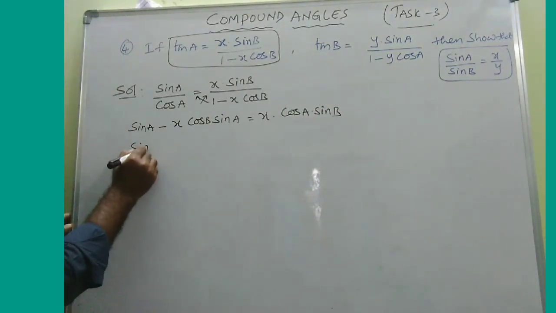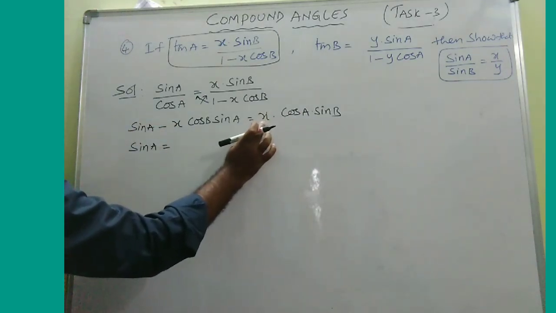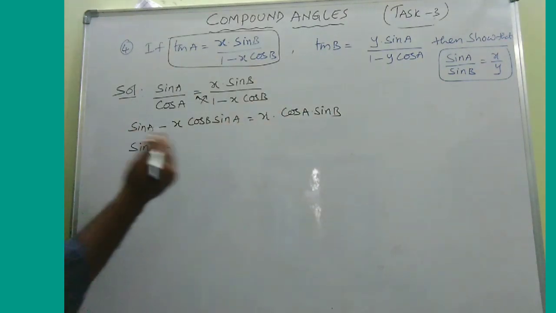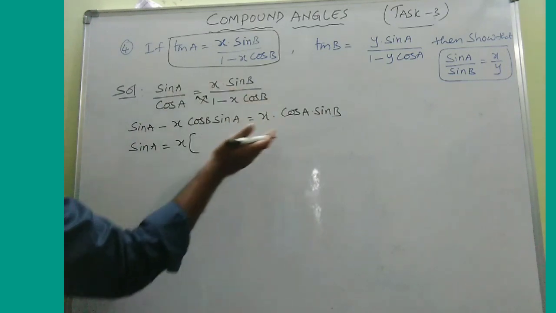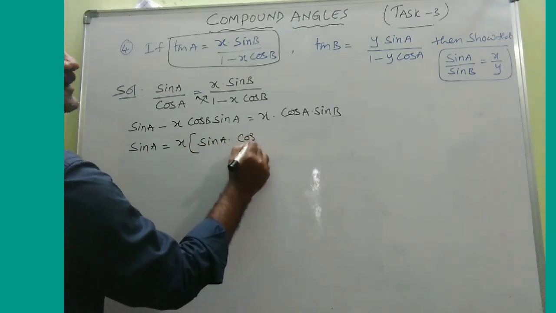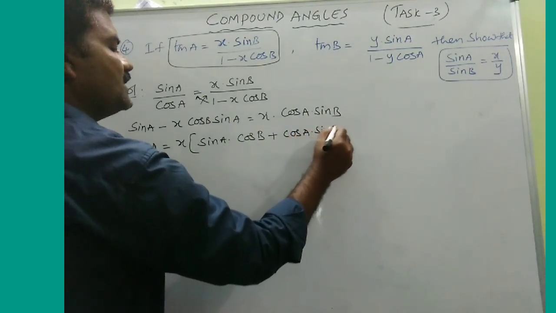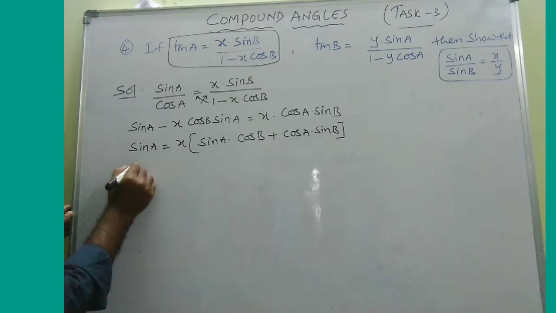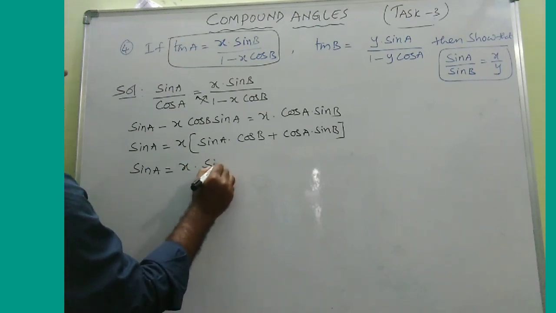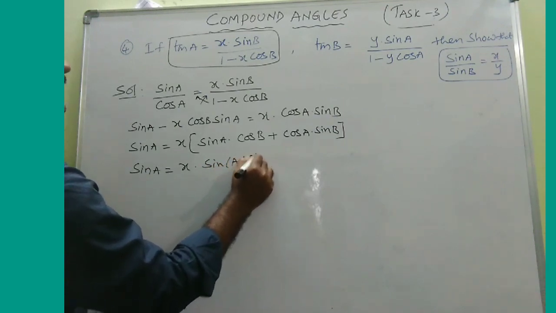Okay. So from this I can say x sin A is equal to, because this is the term involving x, and this is also a term involving x. So let's send that side and take x common. After sending that side it becomes plus, no? After taking x common, sin A into cos B, already there is plus cos A into sin B. Then sin A is equal to x into, what is this? Sin A cos B plus cos A sin B, which is sin of A plus B.